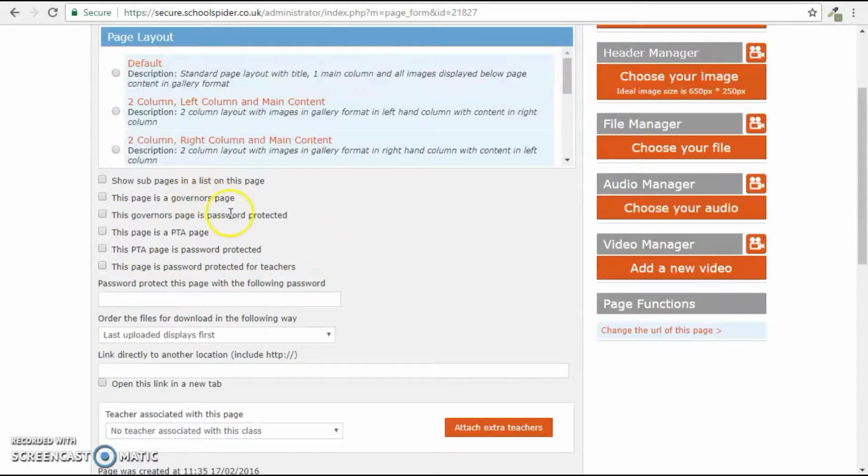Now, all of these options, the Governor, the PTA and the Teacher, are going to ask those users to input their username and password. This is linked to the staff area. I'll pop a video up on how to create users in the staff area to give them a username and password here. If you do want to just create a general password for a particular page, all you need to